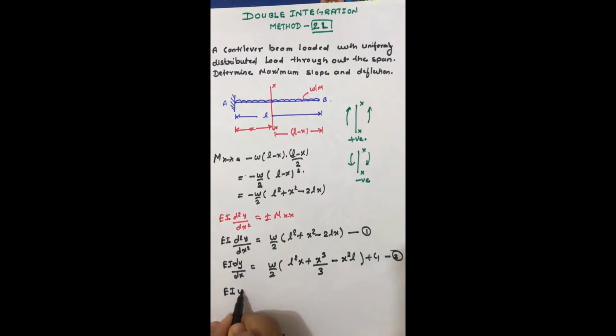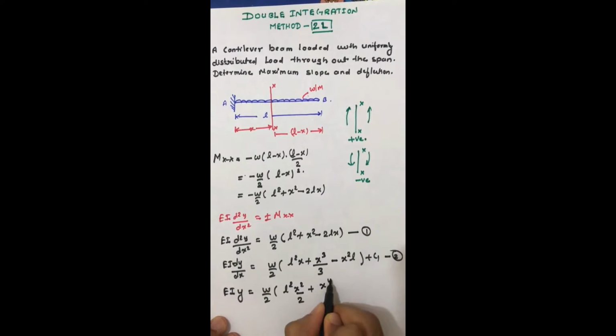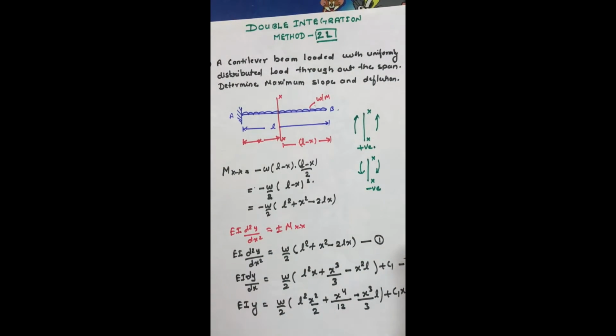E into I into y will be equal to W by 2 into (L square x square by 2 plus x to the power of 4 divided by 4 3 are 12 minus x to the power of 3 divided by 3 into L) plus C1 into x plus C2. Now my aim will be to find the value of C1 and C2. For that